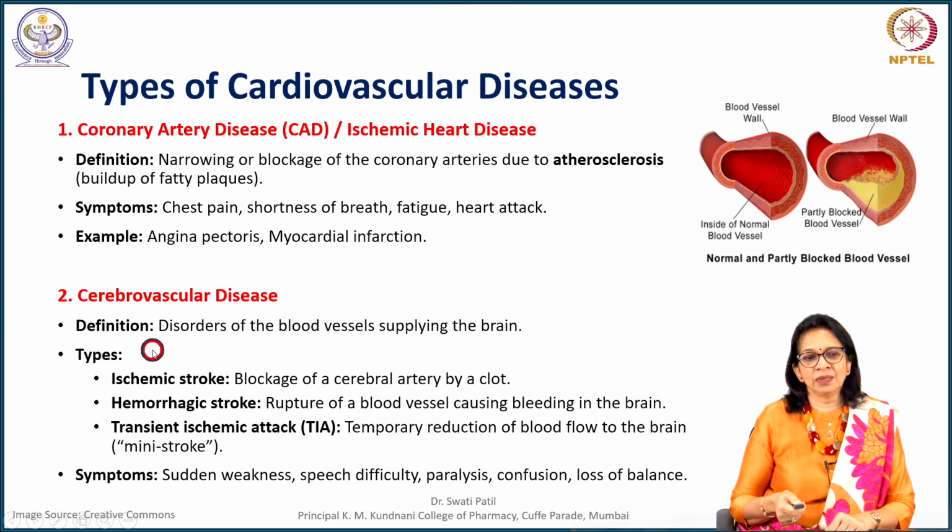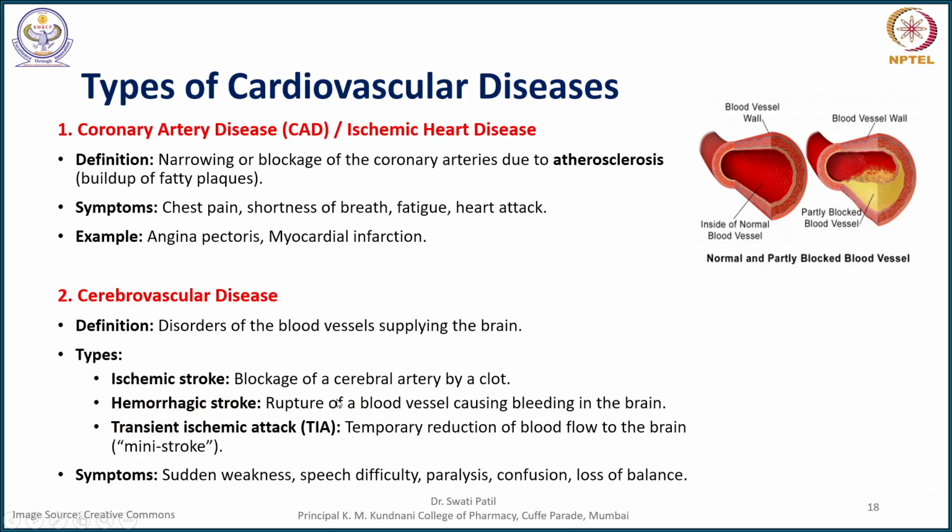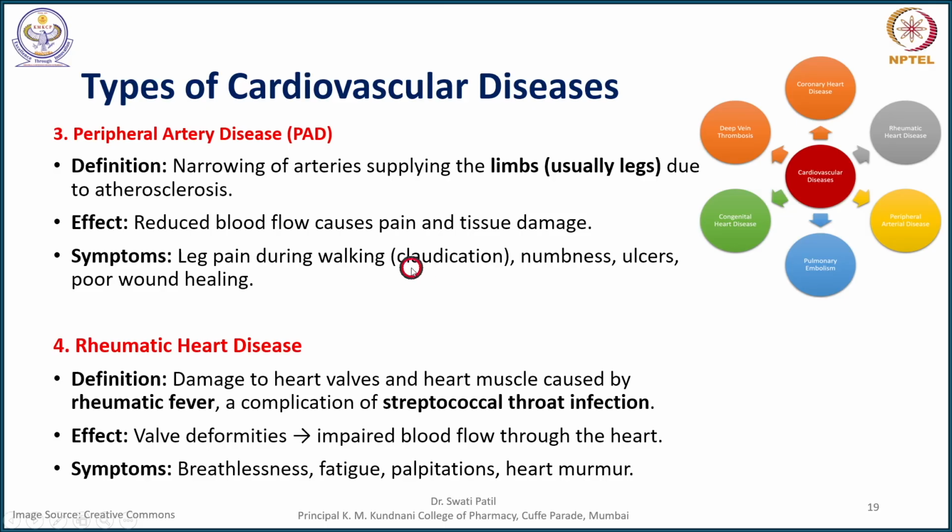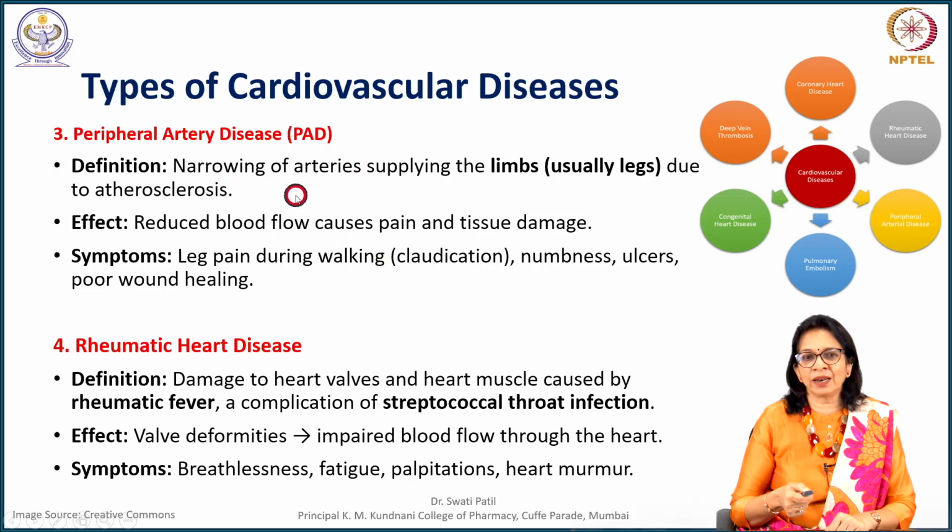Cerebrovascular disease is a disorder of blood vessels supplying the brain, and this leads to ischemic stroke, hemorrhage and the transient ischemic attack. Peripheral artery disease is narrowing of arteries supplying the limbs. So, these are all diseases because of blockage of arteries, and the symptoms involve leg pain during walking, numbness, ulcers